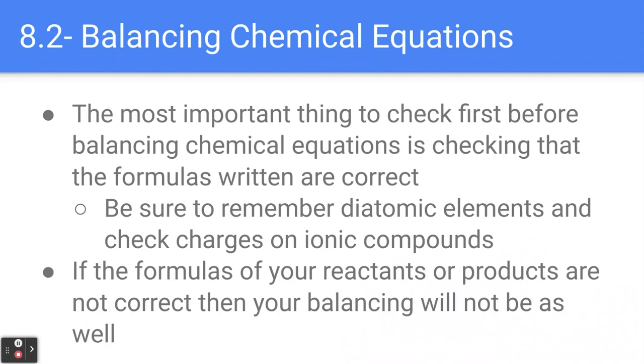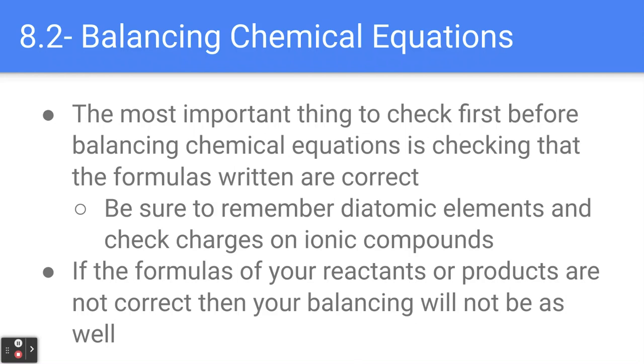When we balance chemical equations, the most important thing to do first is to check that the formulas are written correctly. So make sure that you're using the rules that I taught you in chapter 6. The biggest mistake that I normally see is students just put elements together and they don't think about the charges if it's ionic. For example, zinc chloride, they sometimes just write ZnCl, and don't think that zinc has a positive 2 charge and chloride has a -1 charge, so we need 2 chlorides. So be sure to check your writing of your ionic compounds especially,